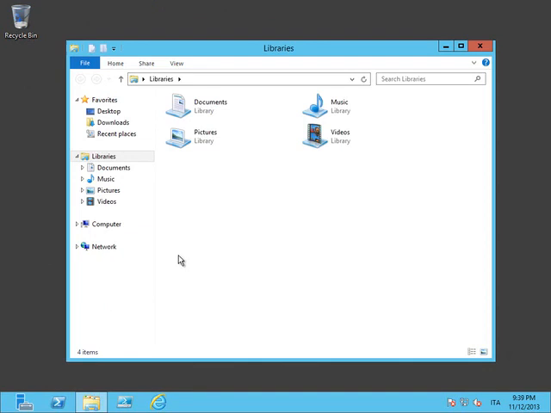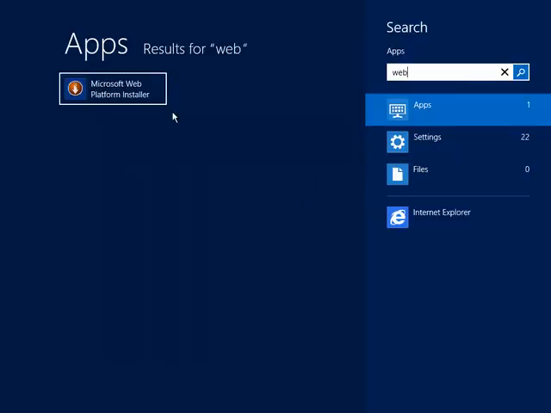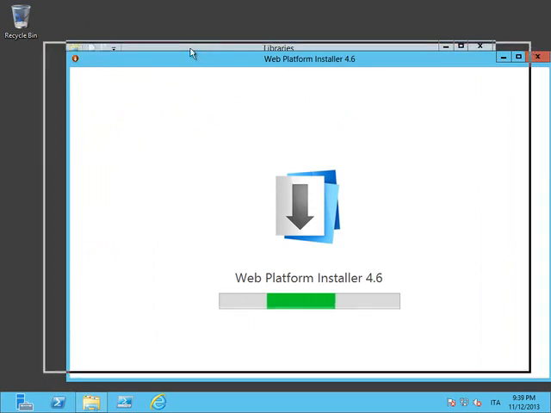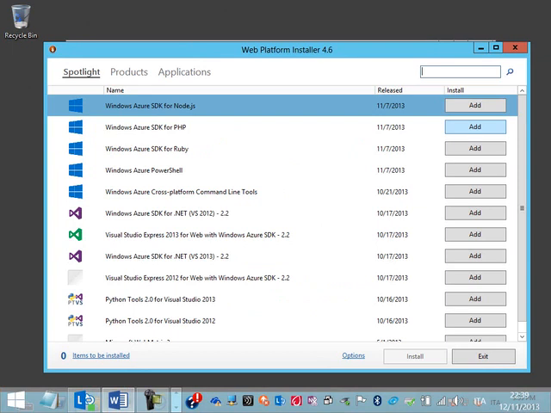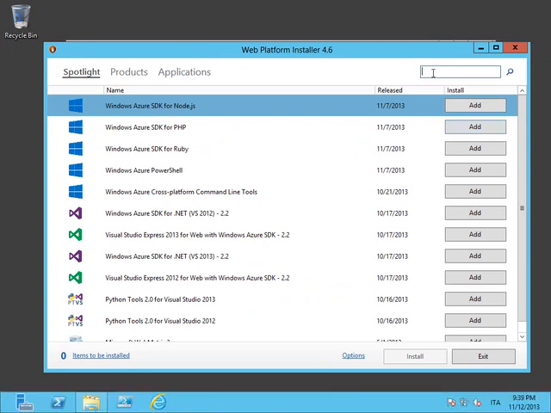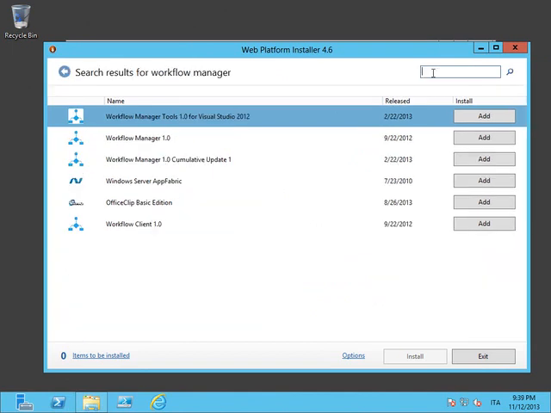And here I can simply launch the web platform installer. Here it is. And I can look for the Workflow Manager library. So I can search for it, Workflow Manager. This setup assumes that you are online. If your servers are not directly connected to the internet, you can do a manual setup procedure. But in my case, my servers are all online because they are all hosted on Windows Azure, which is by default connected to the internet, so I can simply download and install all the tools and all the libraries online